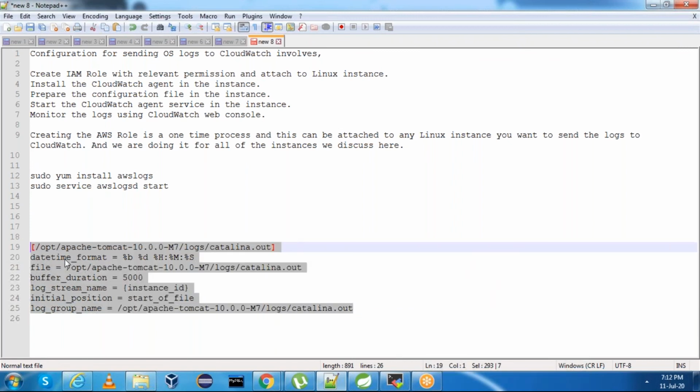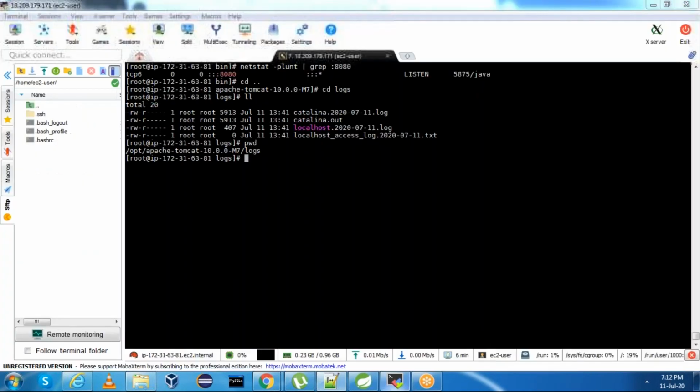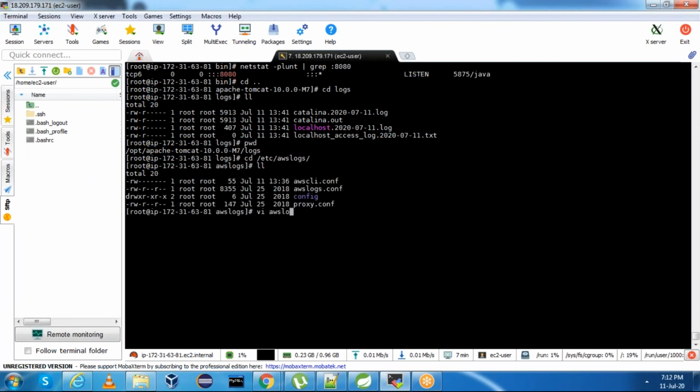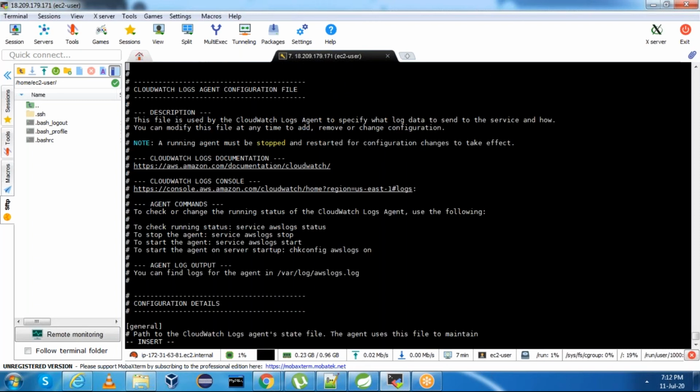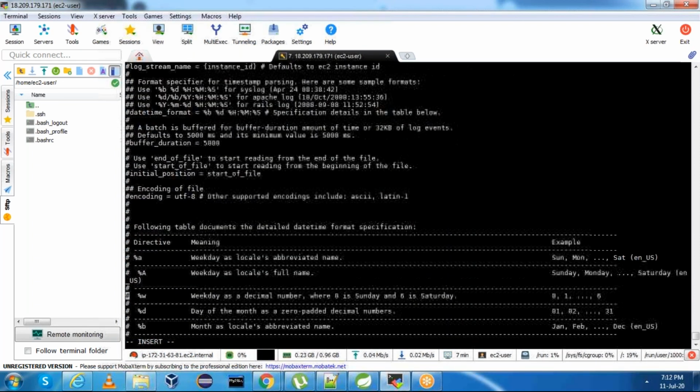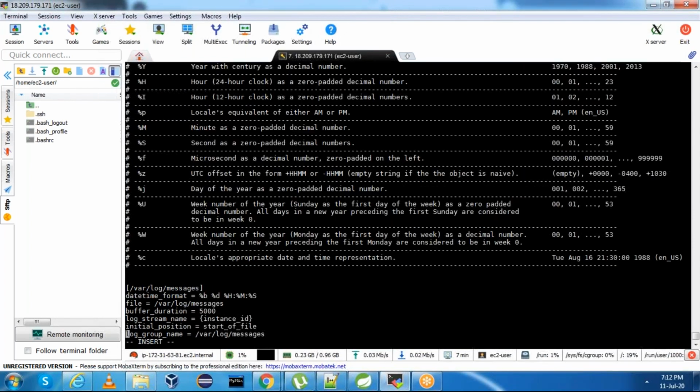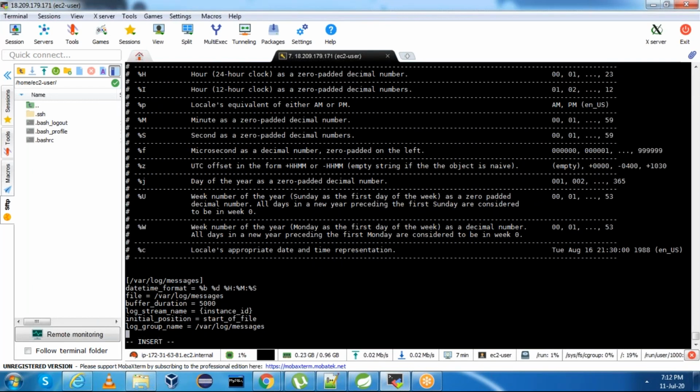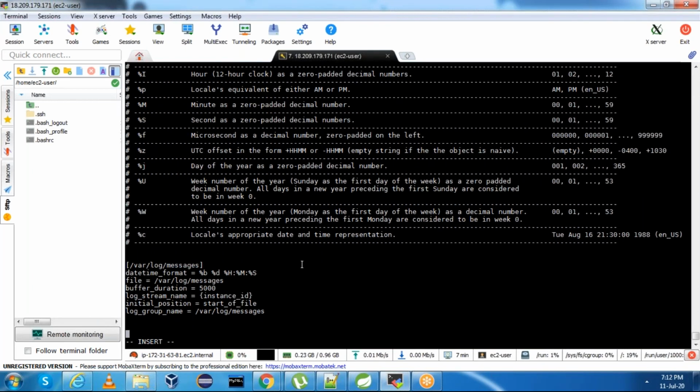Now copy this and add to the existing configuration file. Okay, go to /etc/awslogs. For the existing awslogs.conf, we need to add this. Scroll till the end. Here add one more entry, so that you can monitor this log file as well.